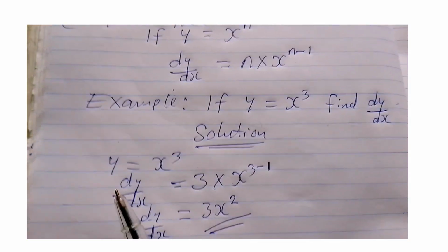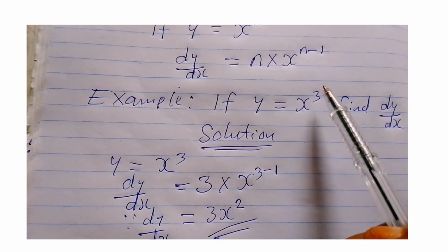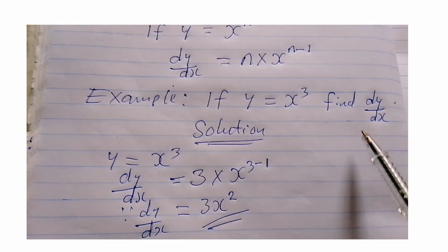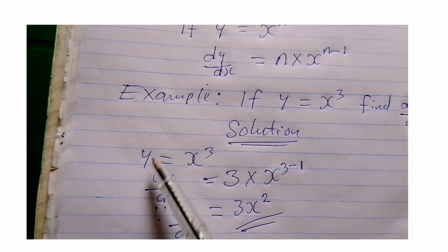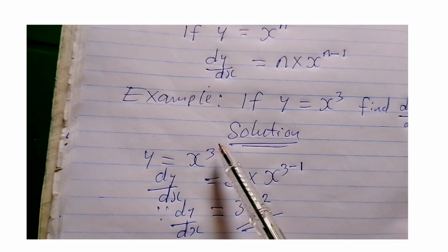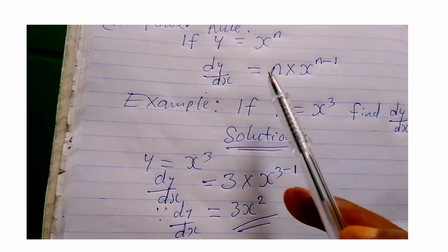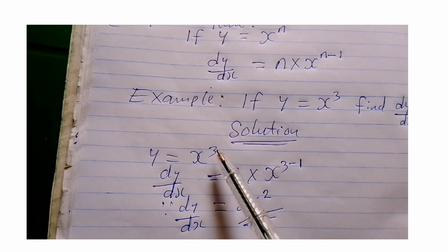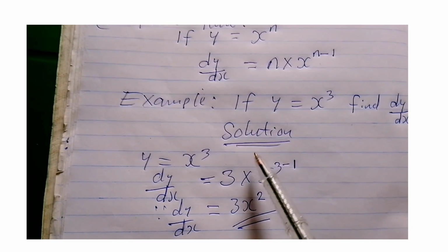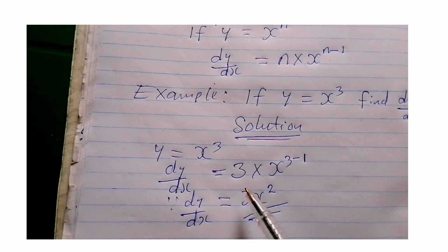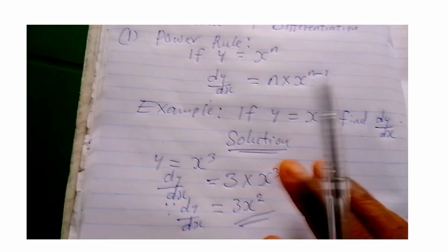Now for proper understanding, I gave us an example: if y is equal to x to the power of 3, for us to find dy over dx, which is the derivative, the function we have here is y equals x to the power of 3, right? Now, by using this power rule formula, the power here, 3, we multiply the entire function, which is x to the power of 3, right? Then you subtract 1 from the power, that is going to give us dy over dx equals 3x squared. So this is how to use a